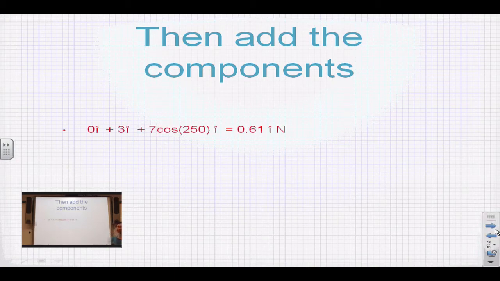Okay, so if we add everything that had an i hat next to it, we would get 0.61 i hat newtons. And if we added all the j hats together, we would get negative 11 j hat newtons. So what would this look like? Well, if we were to draw this graphically,